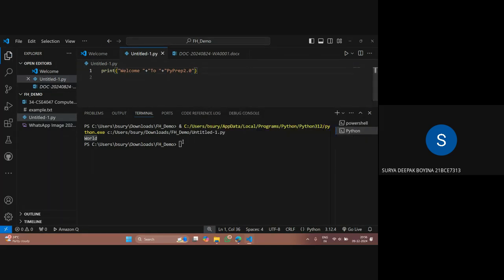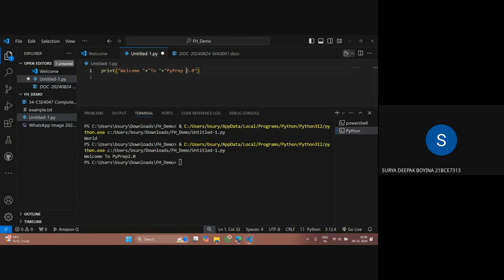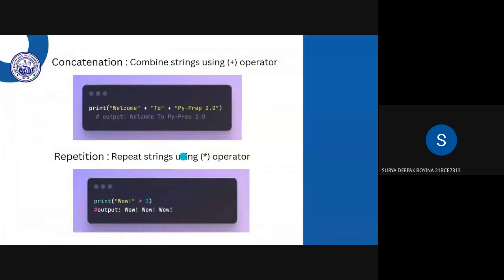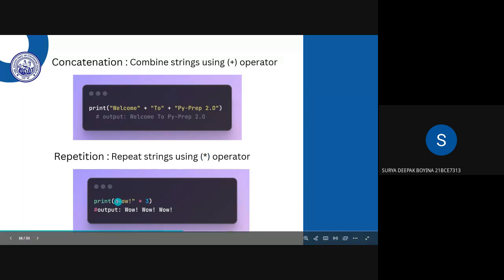So let me run this. Yeah, okay, I have to give a space. See, this is concatenated, and the next operation is the multiplication operator,